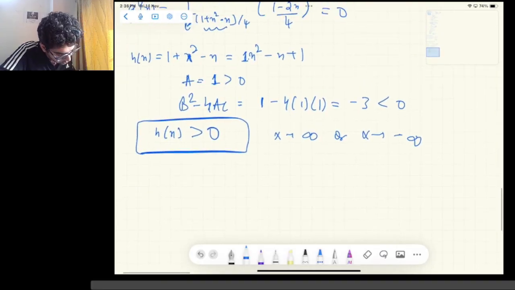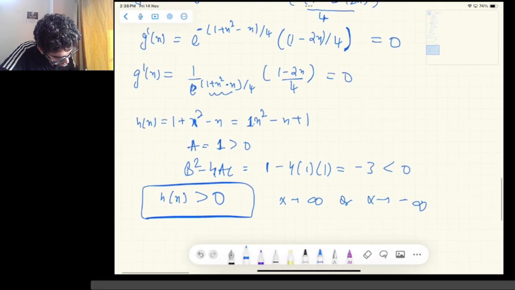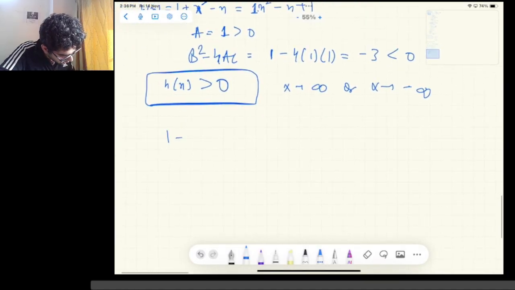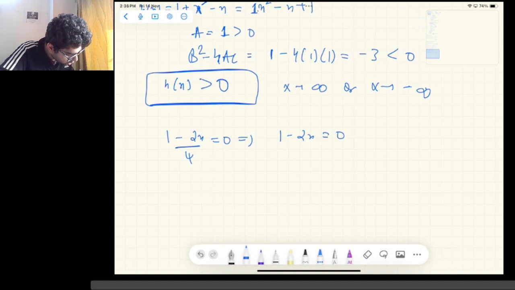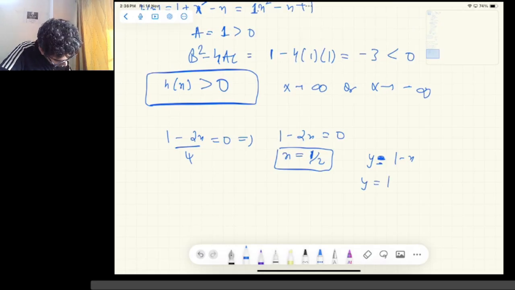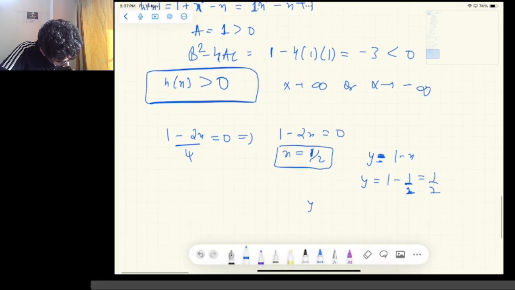So 1 minus 2x now, this expression can very well become 0. So what I can do is I'll be just writing 1 minus 2x divided by 4, and this expression becomes 0 when 1 minus 2x is equal to 0. So x is equal to half. When x is equal to half, this becomes 0. And y was equal to 1 minus x, so y will give me 1 minus half. So this becomes half, right? Y is equal to half,